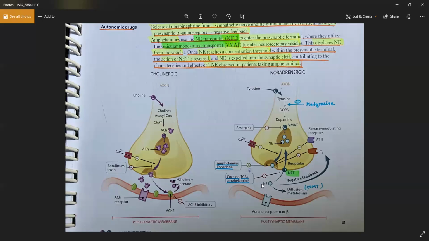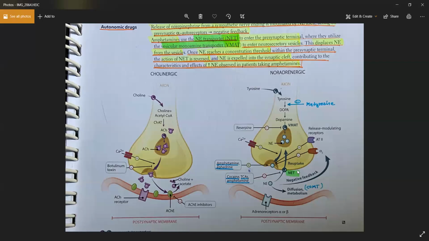One more thing: once the norepinephrine is released from the neurons and enters the synaptic cleft, it will give some negative feedback to the alpha 2 receptors. And what is the function of alpha 2 receptors? Remember, I told you that alpha 2 receptors are found in the presynaptic neurons and they will inhibit the release of norepinephrine, right? So norepinephrine gives negative feedback to the alpha 2 receptors so that they inhibit the release of more norepinephrine, right? So these three drugs, the cocaine, the TCAs, and the amphetamines, inhibit the